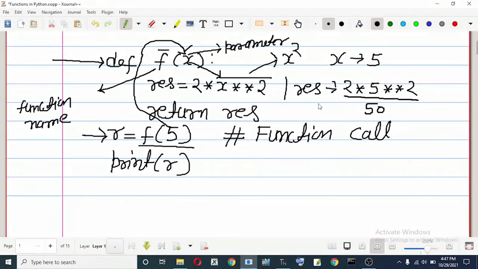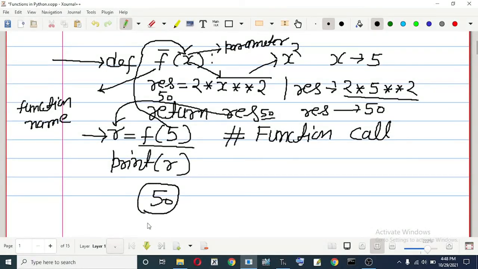In my mind I wrote result, but Python will understand res. So res is referring to 50, and you have written return res. This value will be received by r, and thereafter you are printing it, so 50 will get printed.